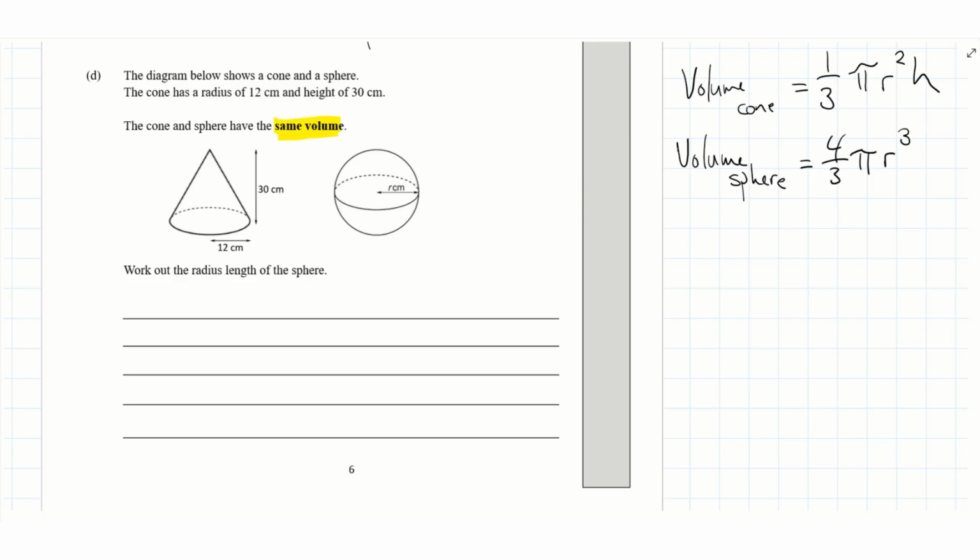It's the same volume. I'm not going to highlight anything else on this page because everything that's up here is also here and it's all kind of boring. Next thing it says is work out the radius length of the sphere. That seems important. That being said, I see them shout the word same volume at me. So I think the first thing I'm going to do is work out the volume that